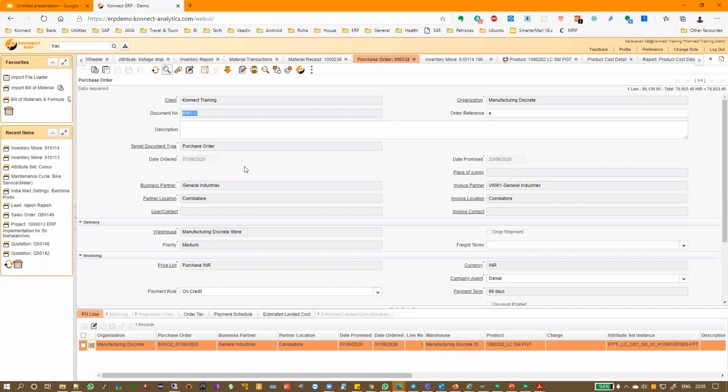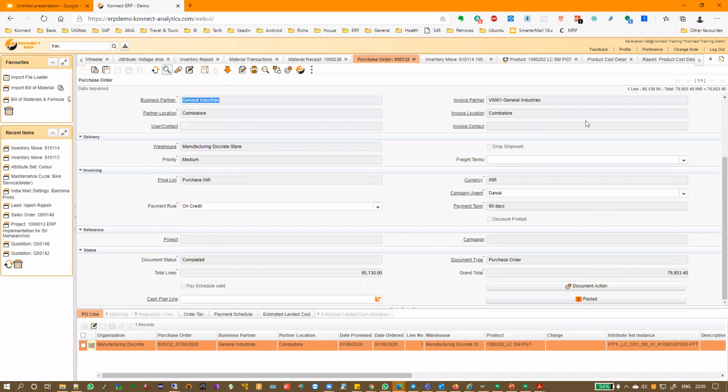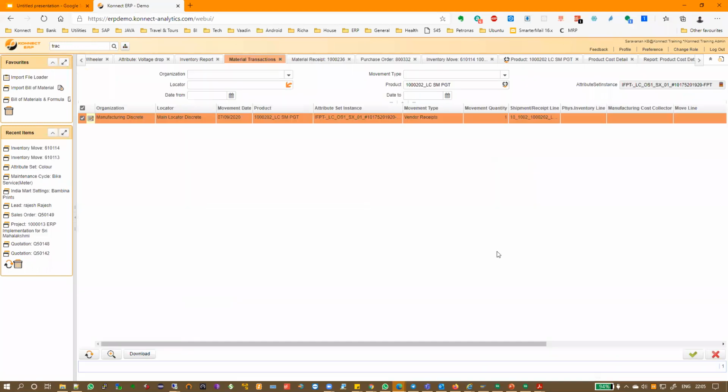This is the purchase order against General Industries. This is how, through this PO, they have imported this particular material. That level of tracking is possible using material transaction, but you have to use attribute set instance very effectively.